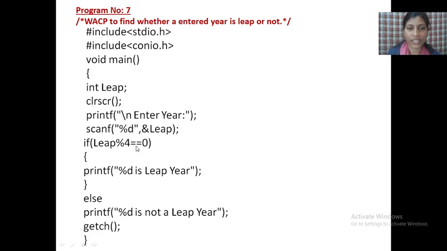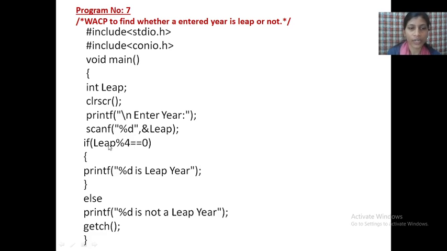if leap mod 4 is equal to 0. This means if the year you entered is divisible by 4 and its remainder is 0, then that particular year is a leap year. A leap year comes after every 4 years.